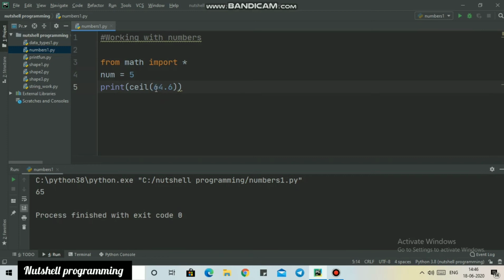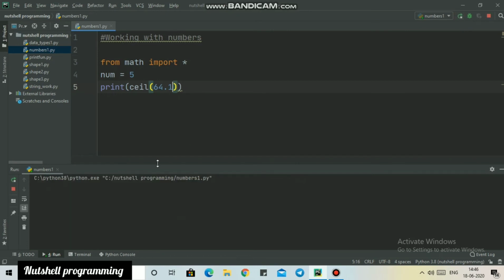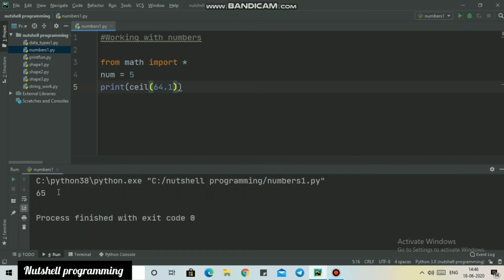Okay, it is counting that after the 64 there is a decimal point, so it is thinking that it is 65. It means when you use the ceil function, whatever is after the point, it will add 1 to the value. So it was 64, but there is 0.1, so it will give us the result which is 65.